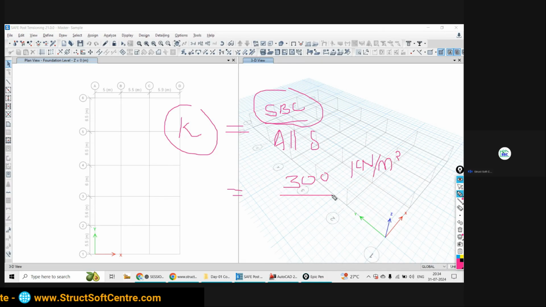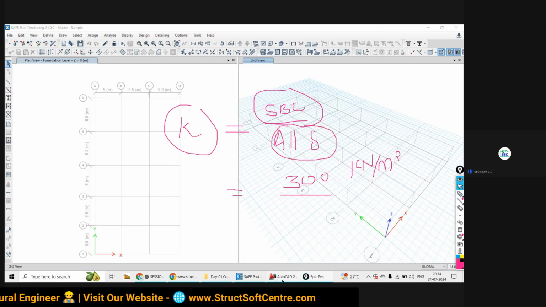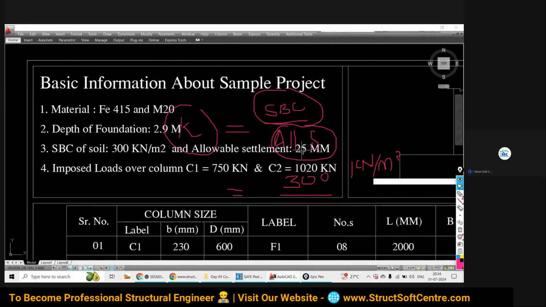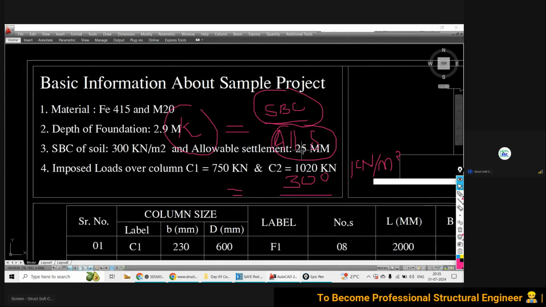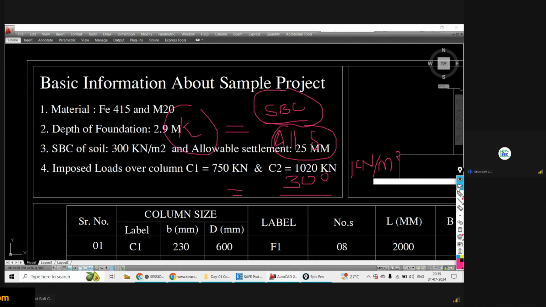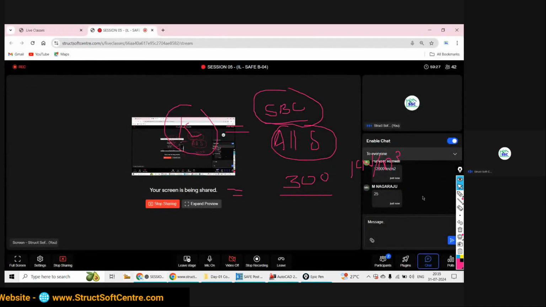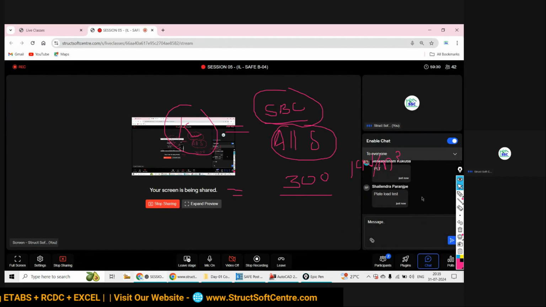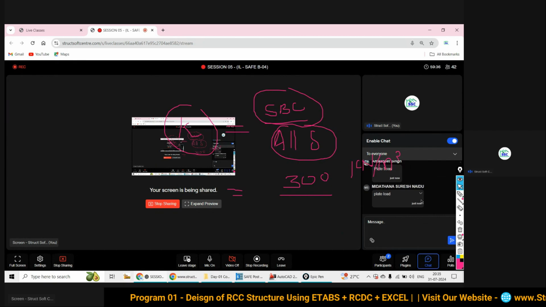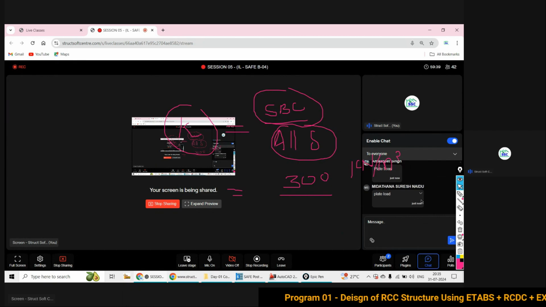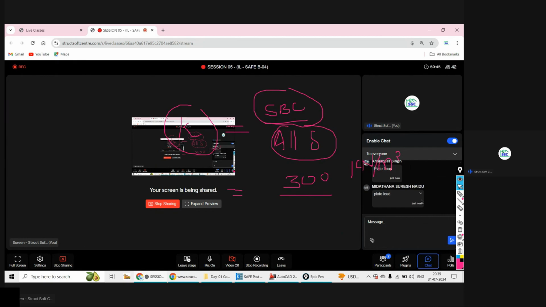Remember this unit. Divided by the allowable settlement. How much is the allowable settlement given? 25 mm. Can you recall with which method of exploration we set the maximum settlement limit? 25 mm, do you remember? I had explained this. Yes, plate load test. It is the most common method of finding the bearing capacity of the soil and the allowable settlement, and also finally finding the stiffness constant or soil subgrade modulus. So it is the plate load test.